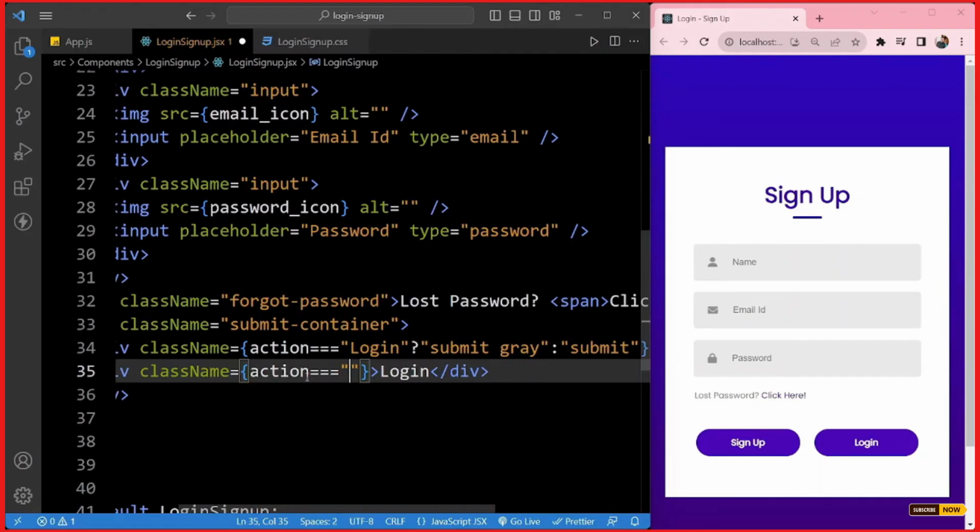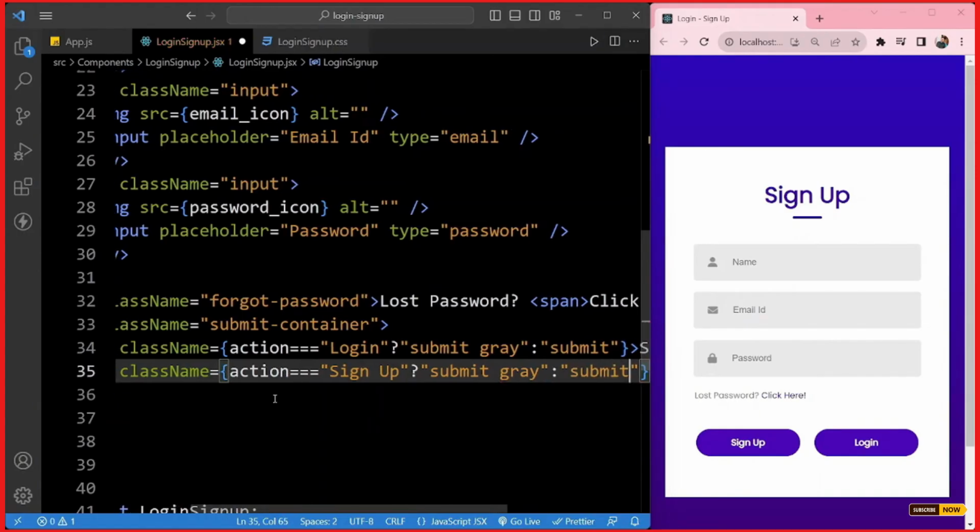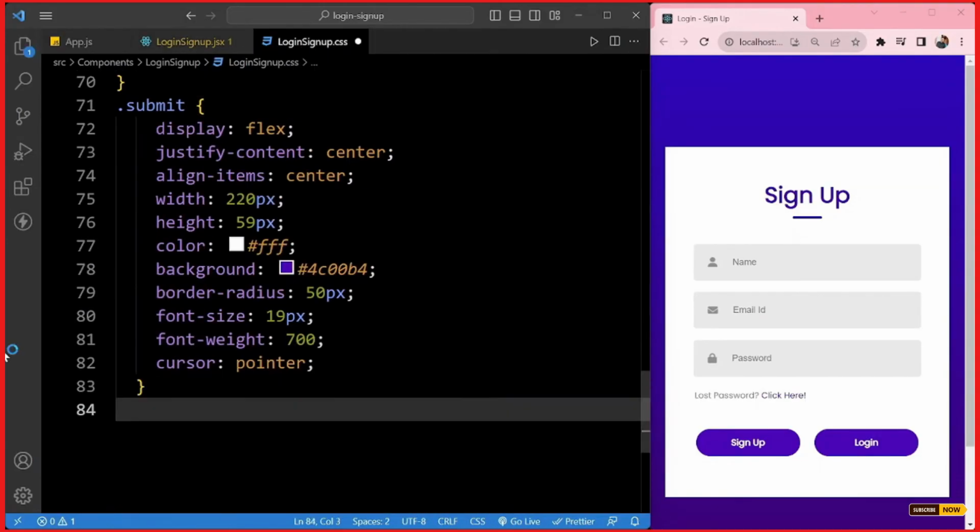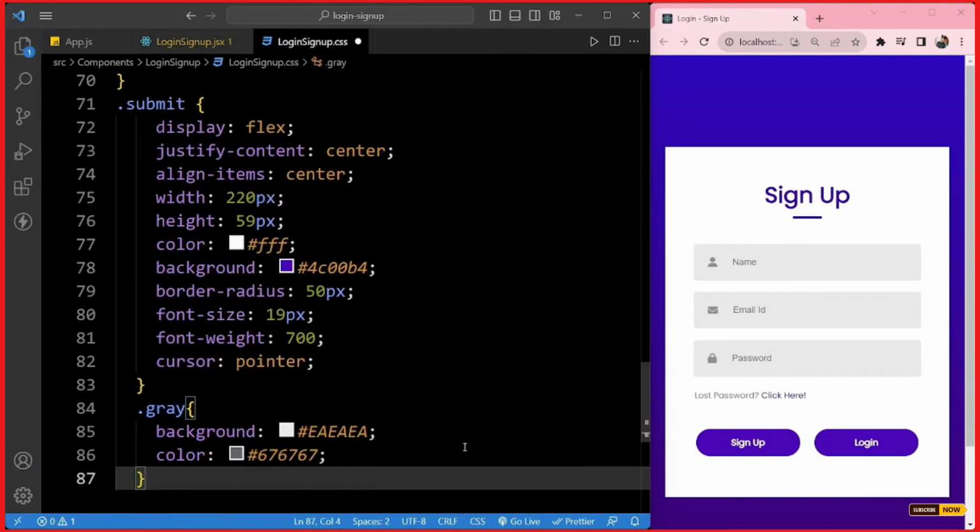If action equals signup, then our class name will be submit and gray, else only submit. We will save it. And now we are going to give properties to this gray class name. So we have to move to LoginSignup.css. Here I had given background and color to this gray class name. Now we will save this file.